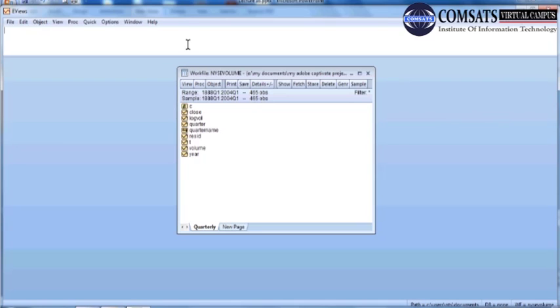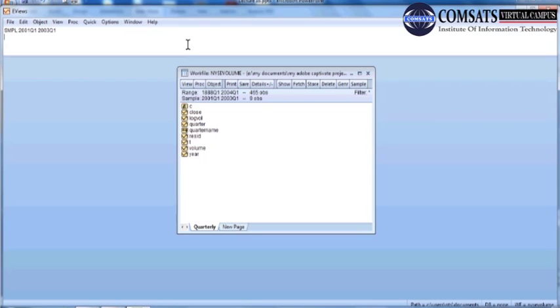So if I say SMPL, sample, from say 2001 Q1 space 2003 quarter 1, then see how, when I press enter, the sample size changes.